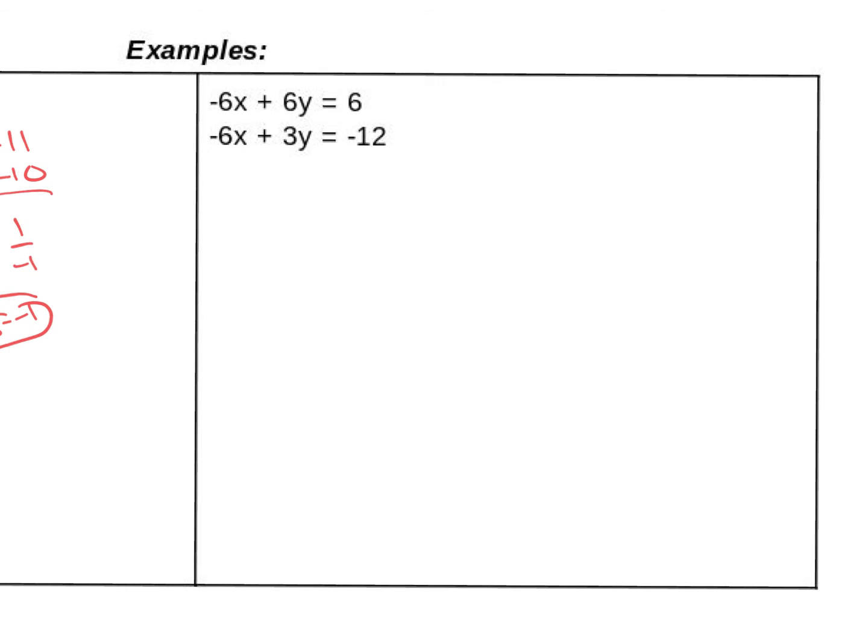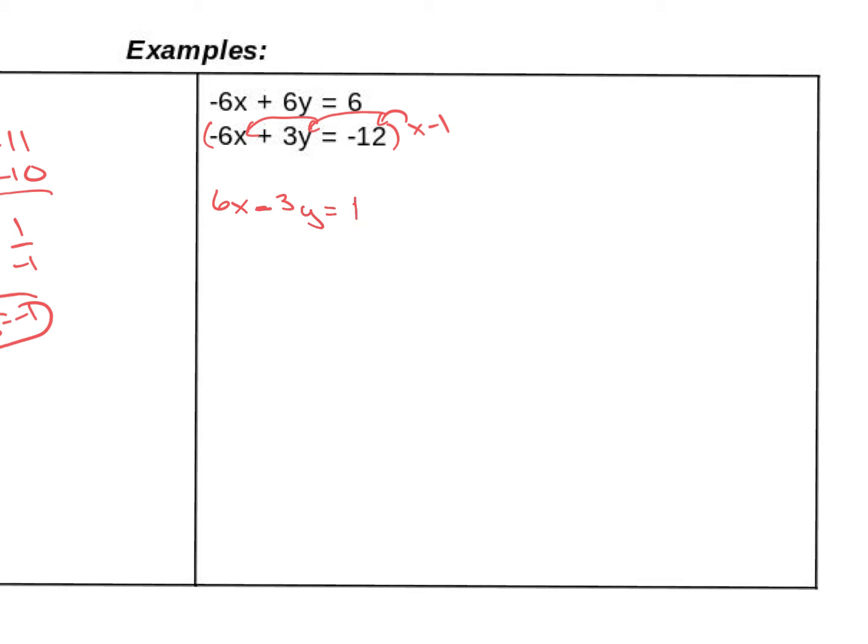the x's and y's. So nothing as is going to eliminate, so we need to multiply by something. And I'm going to look at the -6x, -6x, and actually both of them look pretty good. So what we're going to end up doing is multiplying one of these by a negative. So I'm just going to pick this bottom one, distribute. So now we're left with 6x plus, that's going to be minus 3y. So minus 3y